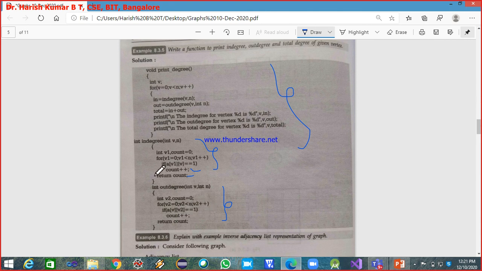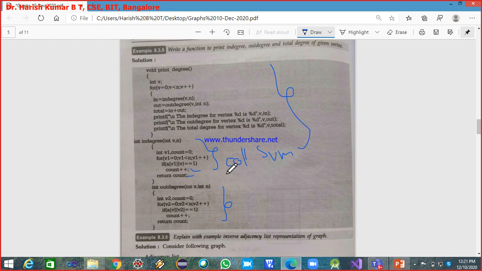This finds the column sum. Every element in the column is accessed and checked whether it is equal to 1. If it is equal to 1, it increments the count plus plus.